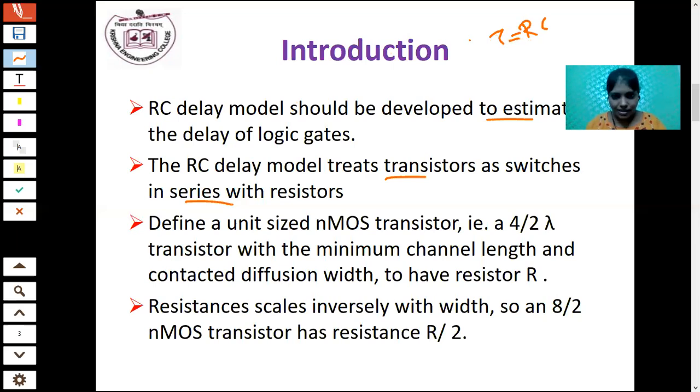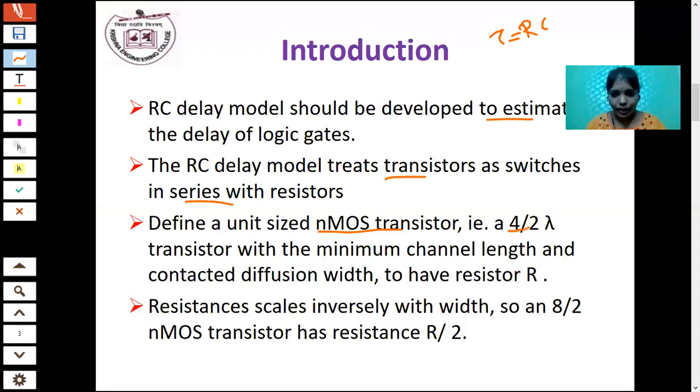In a CMOS circuit, I am going to consider each and every transistor to act as a switch. You know that the CMOS transistor generally acts as a switch only. Each and every transistor acts as a switch, along with the resistance connected in series. Generally here we are considering the NMOS transistor. If it is a unit sized NMOS transistor, its aspect ratio is